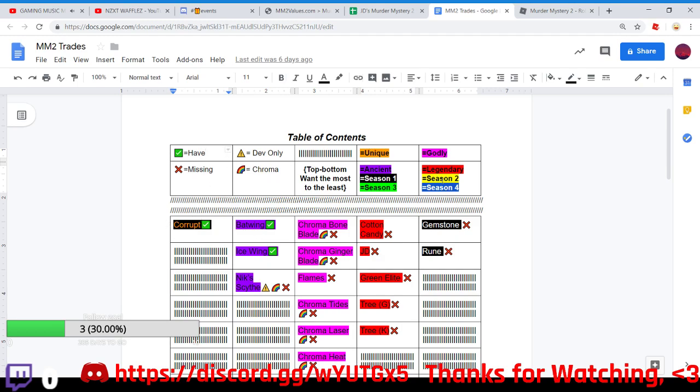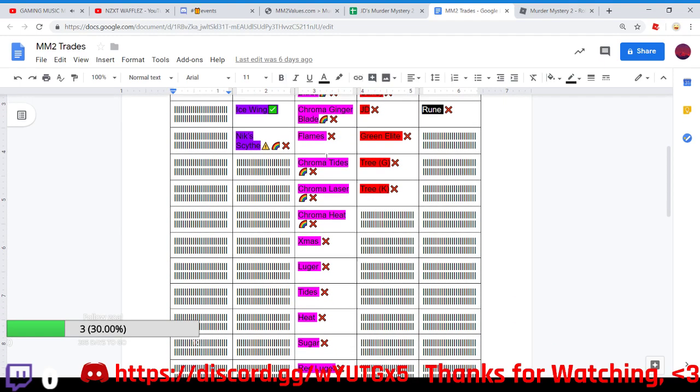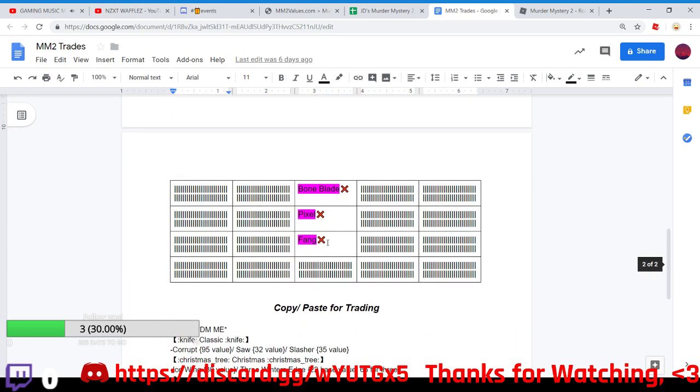For example, I have different tiers of weapons indicated by the highlight color, and then the emoji stands for what they are, like if it's chroma or developer only, and then a checkmark or X depending on if I have it or if I'm missing that weapon. And then yeah, if you want to pause the video and see how I have that worked out, go ahead. And then these are all the weapons,